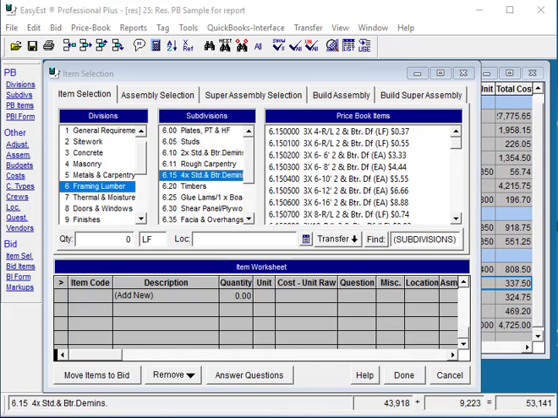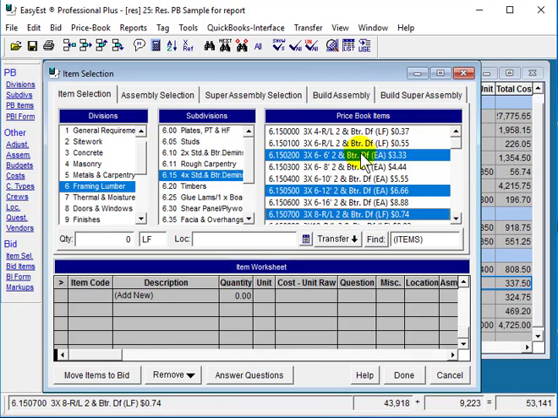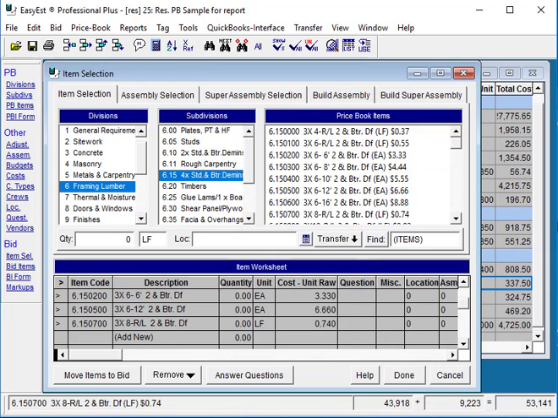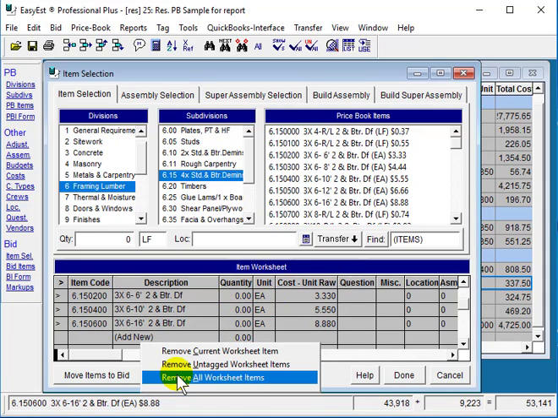When you're selecting items, you can select multiple items not next to each other by holding the control key down and clicking the item that you want to take off. So we can take these 3 items off by clicking the transfer button here. With the items we have in the list in the worksheet below, we can either move them to the item and stay right here with this button here, or if you're finished and you want to leave, you would click the done button and it will take these items to your current bid and close this screen. Right now we're just going to remove these items,